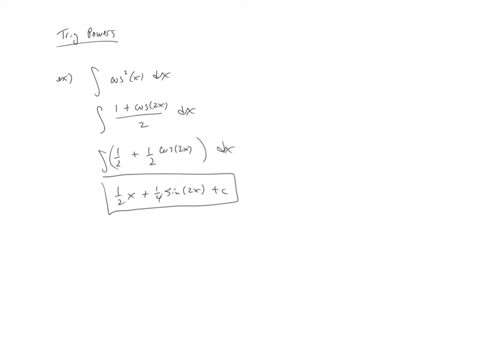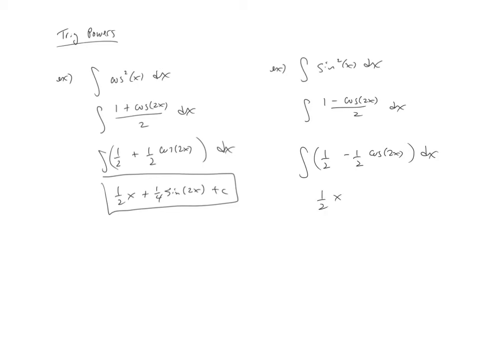And then similar, which I do think is worth our time mentioning, would be the integral for sine squared of x dx. The identity that you would use is similar. It would be a (1 minus cosine 2x) over 2 dx. I would split this one up in a pretty similar way, where we would have now this minus 1/2 cosine 2x dx. And so our final answer would be the 1/2 x and then a minus 1/4 sine of 2x